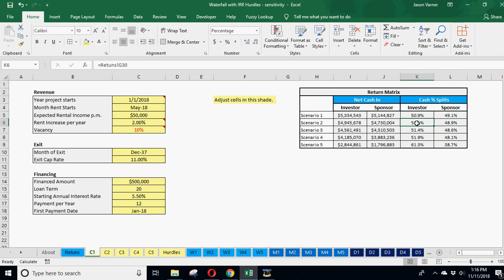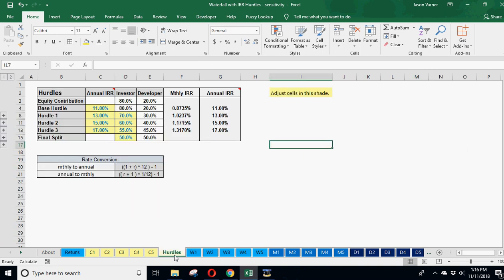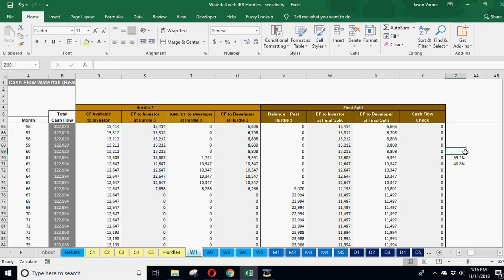They could be if everything splits exactly down the line, but that's not likely to happen. And yeah, here's hurdle 2 is 60-40. So that's what it's close to because that's where most of the cash is being split. But then you've got a little bit more in the next hurdle, which is a little bit less for the investor, a little bit more for the sponsor. So this is actually aggregating, it's checking all this stuff and figuring out what the actual cash flow split should